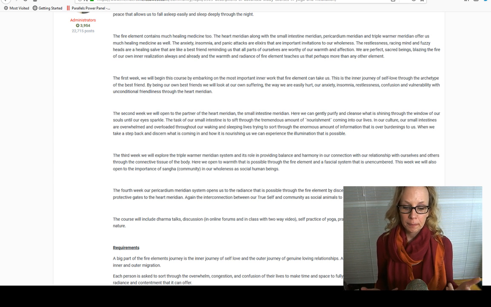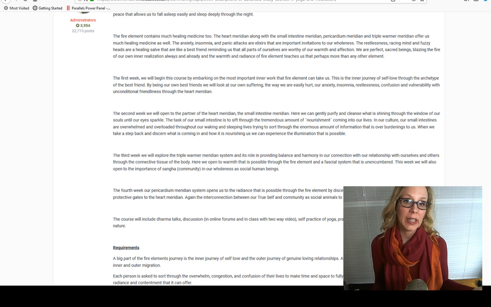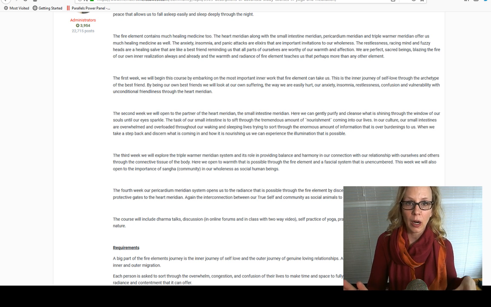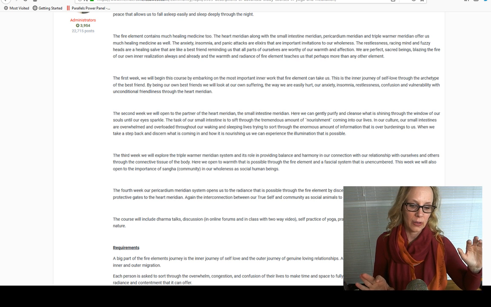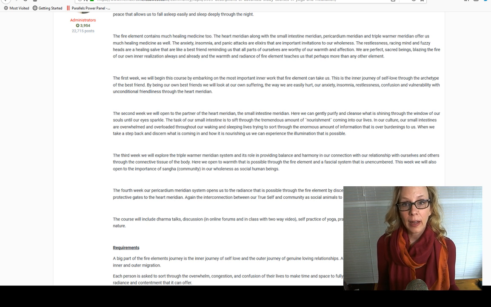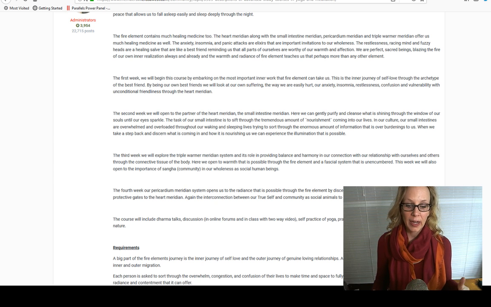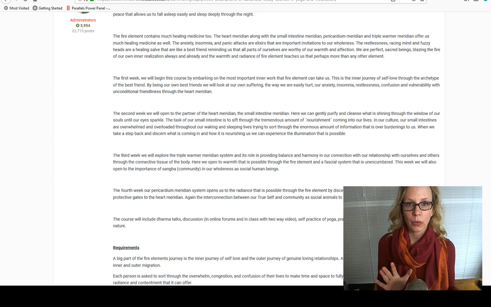So heart meridian and fire element, there are some imbalances that can arise too. Just like I spoke about the imbalances with the wood element, that they can push too hard, they can get irritable, they can get frustrated. Well, fire element can experience anxiety, insomnia, panic attacks. But the way that I am really looking at and bringing my philosophy and way of looking at the world, and actually writing a book about these elements and how they relate to yoga,